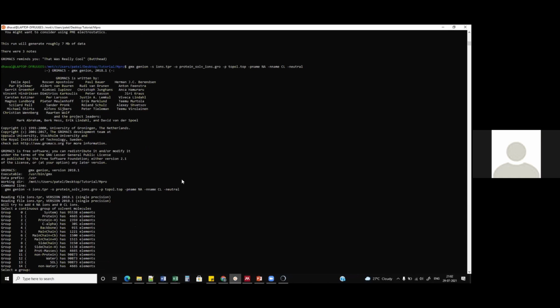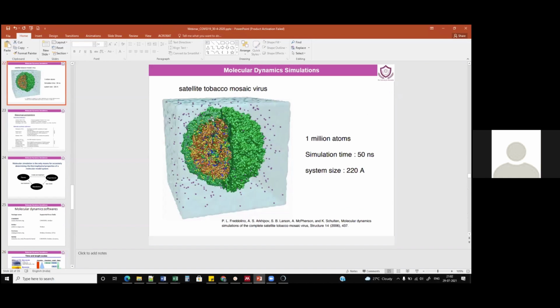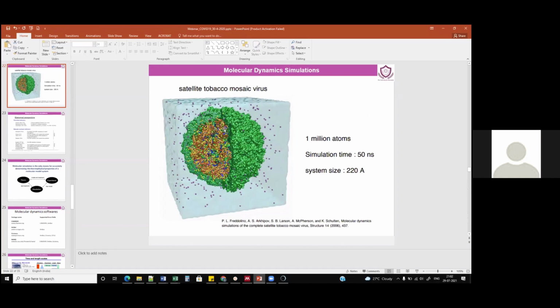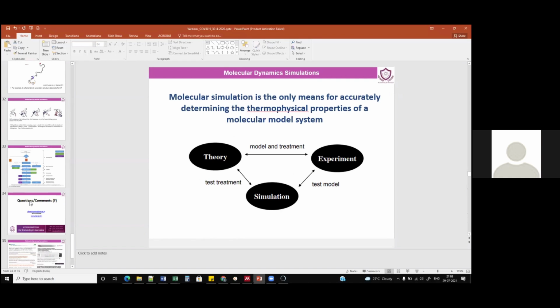Now there is a prerequisite point over here. You have created a box, you have inputted a protein, and you have surrounded it with solvent molecules. Now, if you're going to add a chlorine or a Na into that system, before doing that you need to remove the same amount of solvent molecules from the box. So for example, let's say this is a box. Okay, I have prepared it. Now I need to add some ions to neutralize the system. To do that, we need to remove something from the box. So if we are going to add 4 ions, then we need to remove 4 water molecules from this box. So the system is balanced.